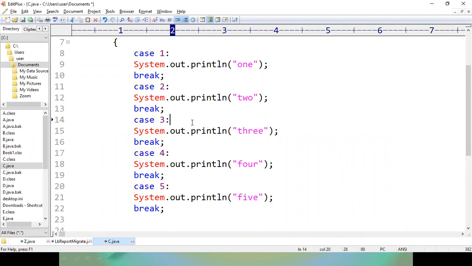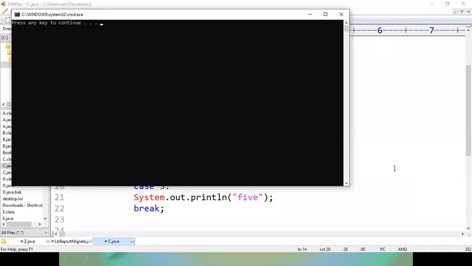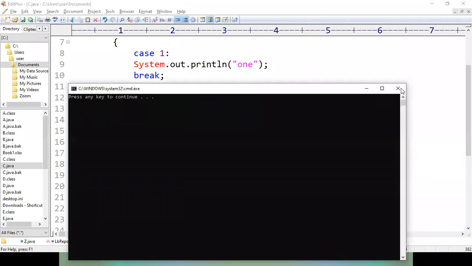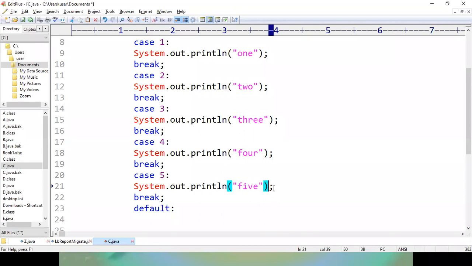Here I have given number 9, but there is no case number 9. For this program, we don't get any output, and we don't understand what happened inside the code. If I execute this, I am not getting any output. So if you maintain default, there we can write one statement, such as none of the above cases matched, or enter numbers between 1 to 10. That will give some clarity to the program. So it is good to maintain a default case at the end of the switch case.